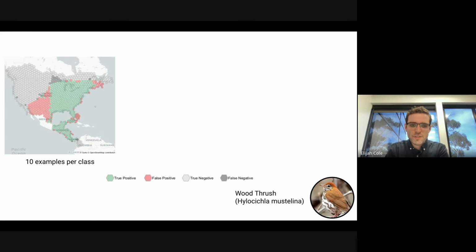So some qualitative examples here. This is for wood thrush, which is a species of bird often found in North America. The green and the light gray are correct locations, so either the true positives or the true negatives, and the red and the dark gray are incorrect locations. With 10 examples per class, you can see that the model makes plenty of mistakes, especially around sort